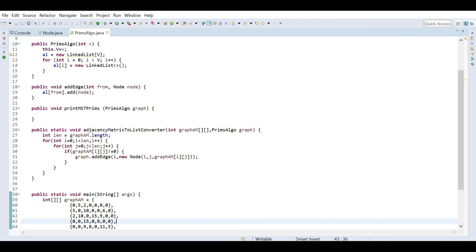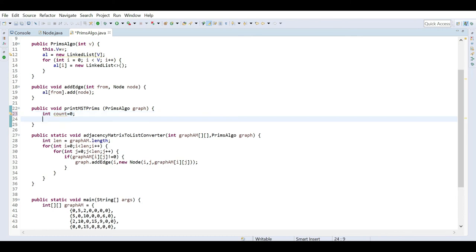So what we can do is we have to define a few variables before implementing this. So the first variable we will implement is count. As I have mentioned while explaining this algorithm, we have to stop this process when it has been executed n minus 1 number of times. That means n is the number of total vertices, so we have to execute this process n minus 1 times. To keep this count, we have to define a variable called count, which we will initialize as 0.